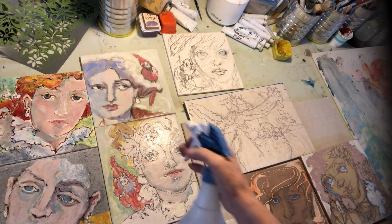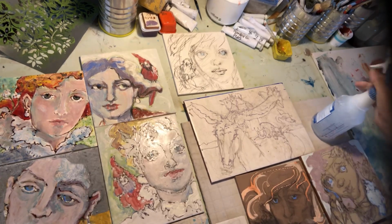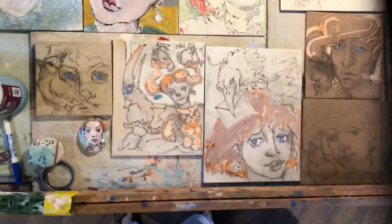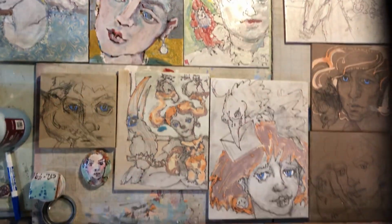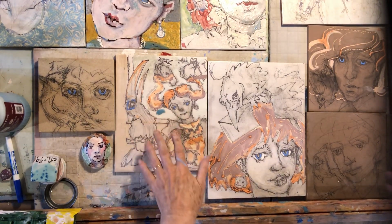Begin to see these have work started on them, a combination of underglazes, low fire glazes, and some of my own glazes. I usually make my own glazes for the faces. And so then down here, let's see, are we good? Yeah. So this one is,